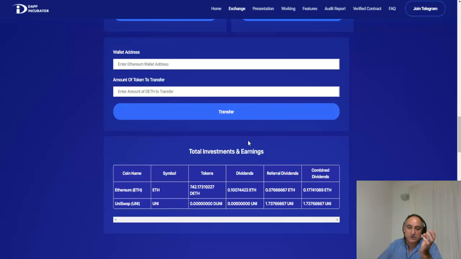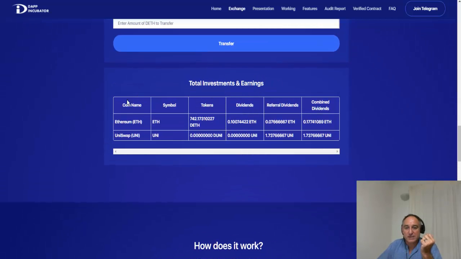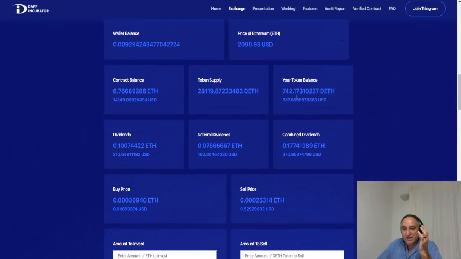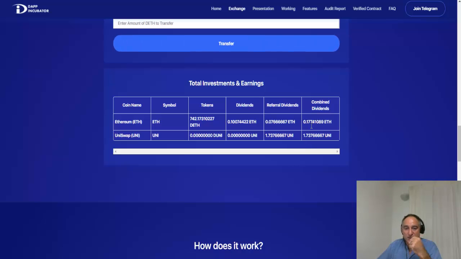The very last thing on the page that gives us information is this little summary of your entire portfolio. It basically summarizes this field: your token balance, your combined dividends, referral dividends, and plain dividends. It gives you a summary of all your holdings, not just in this case ETH. As you can see here, I don't have any holdings of the REN yet, the DREN token. I've not invested any REN, but I have invested Ethereum and I have invested Uniswap. Here you can see a summary of my Ethereum